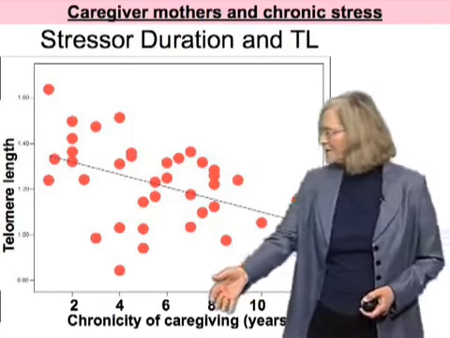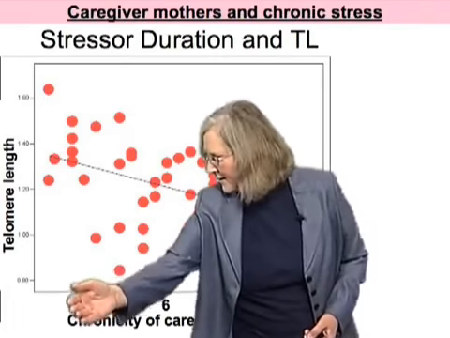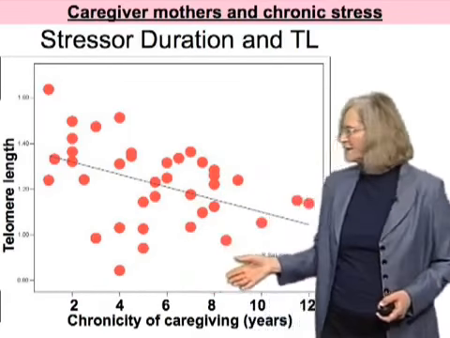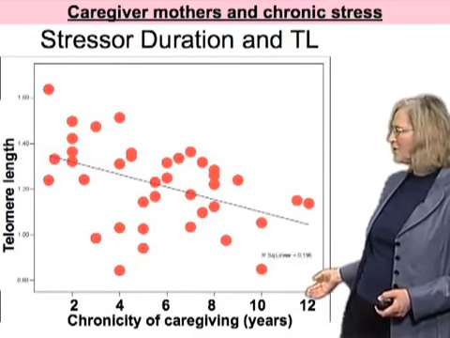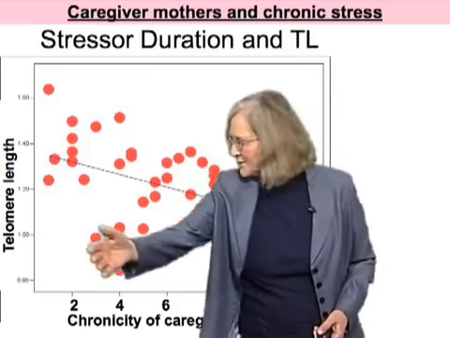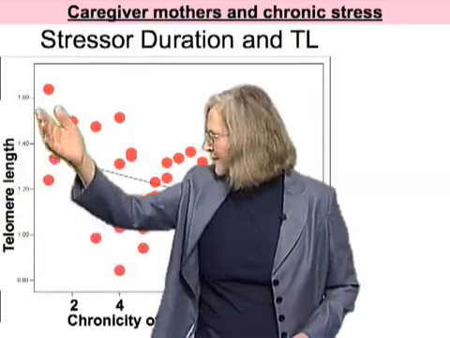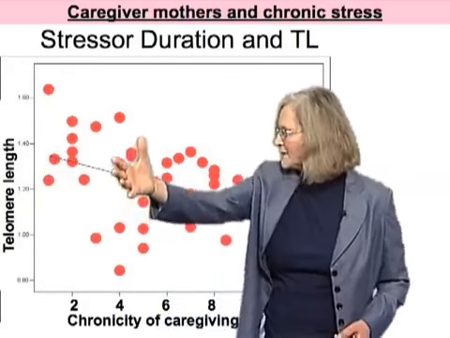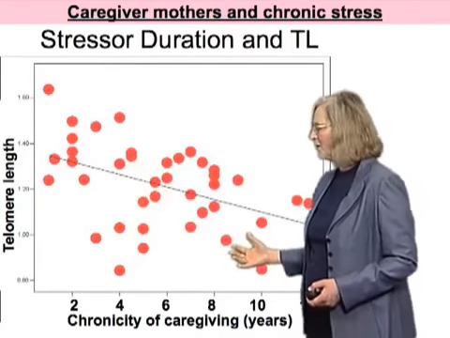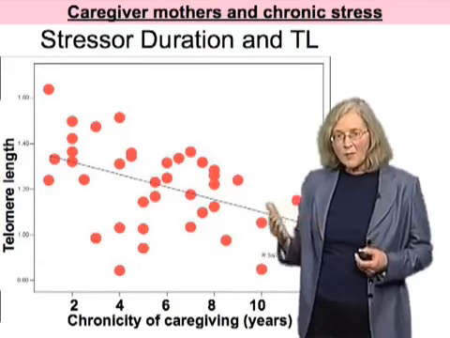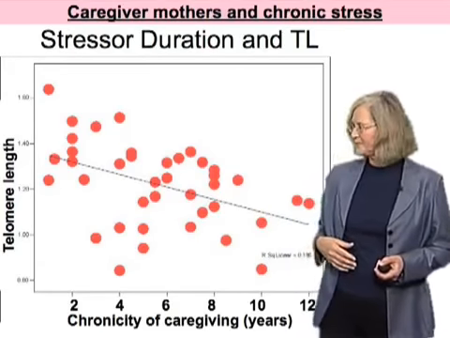And you can see it ranged from actually 1 year in some of the mothers, to 4, some 6, 8, 10, some had all the way as long as 12. And that was, as you see, quite strikingly related to the shortness of the telomeres. So the ones who had fewer years had longer telomeres on average than the ones who had more years. A similar relationship held for the telomerase activity levels.